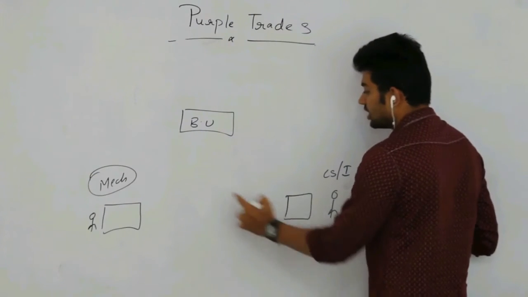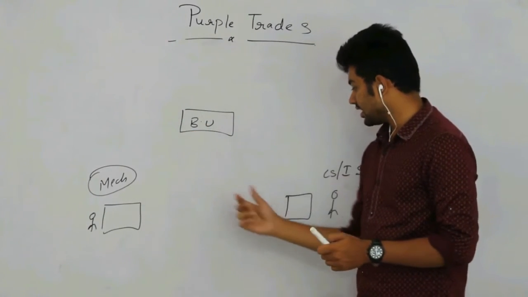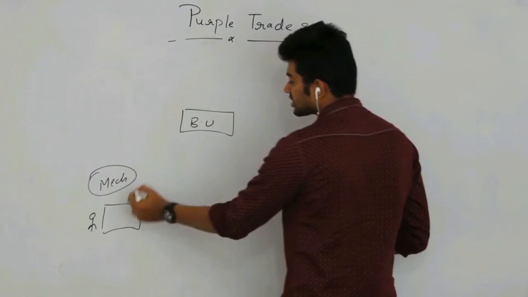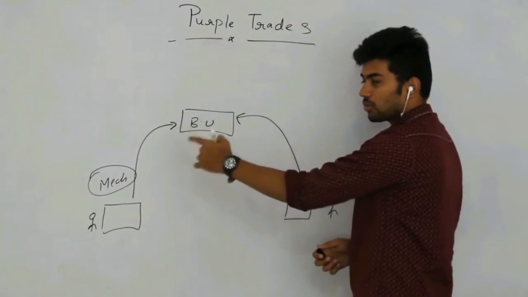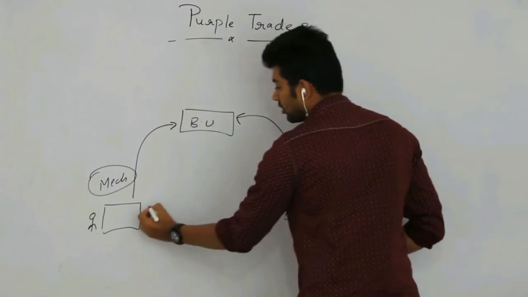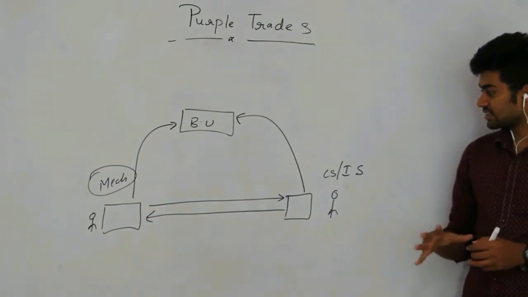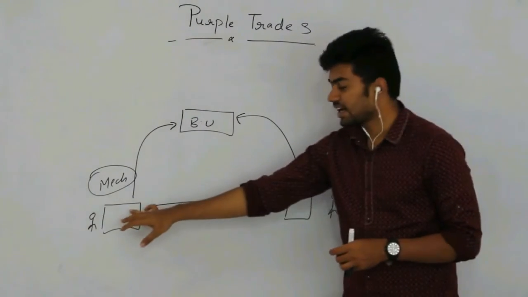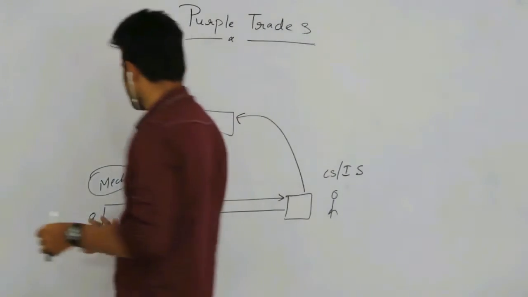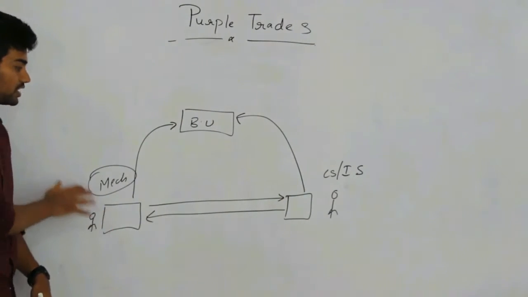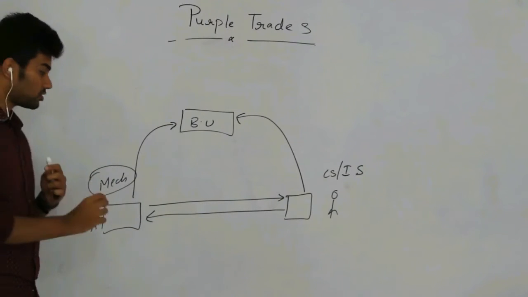Now, he talks to this guy, they mutually agree and go to the university. The university will help them switch by charging a small fee from the mechanical guy and also from the CS guy. By taking a small fee, BU gets a small profit and also allows them to swap their positions. Thus, from the second semester, the mechanical guy can continue his engineering in the CS branch, and the CS guy can continue his engineering in the mechanical branch. This swapping will help them prevent the wastage of one year.